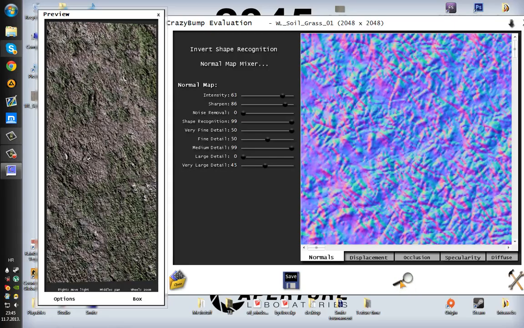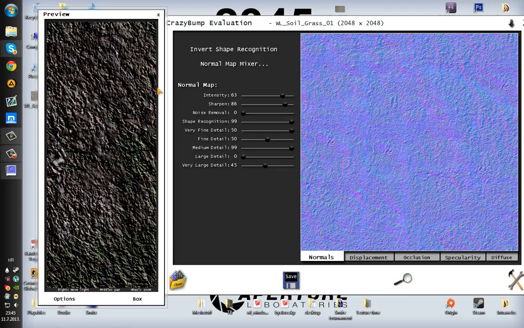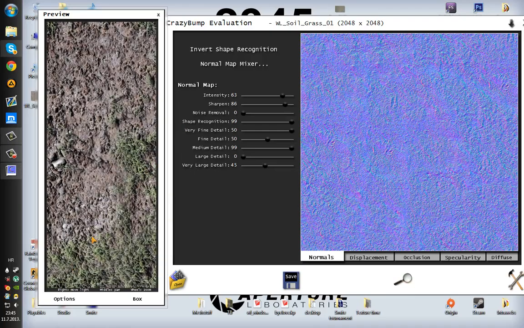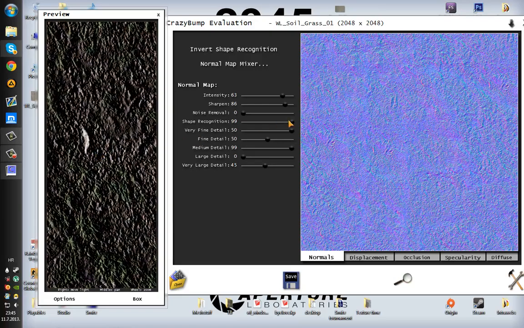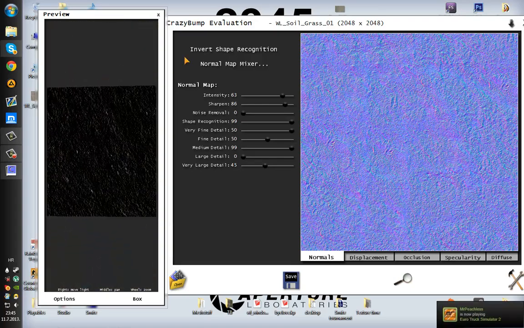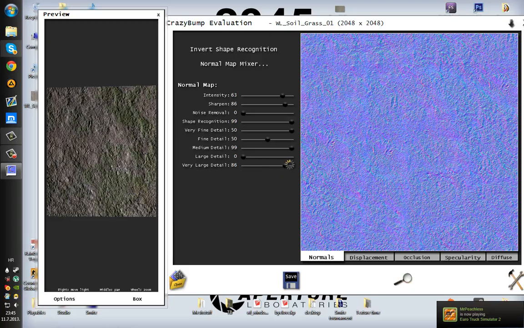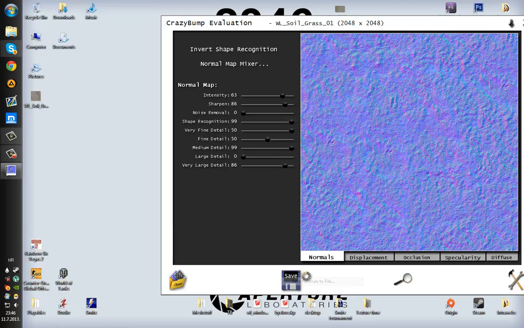So then detail. Wow. This is actually fine. Okay, this is how it's supposed to be, so this is how I'll let it be. Just increase very large detail, so it gives it more 3D-ish effect in general. Okay, just save normals to file,